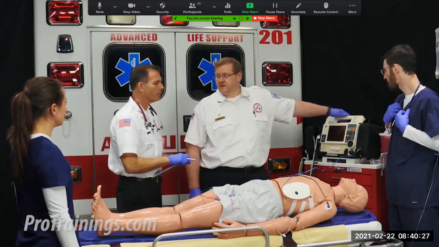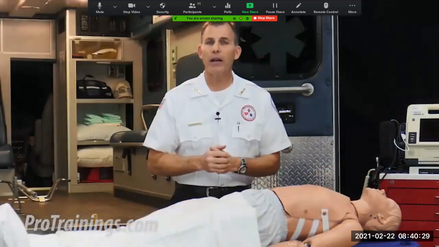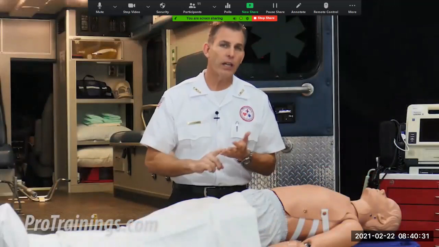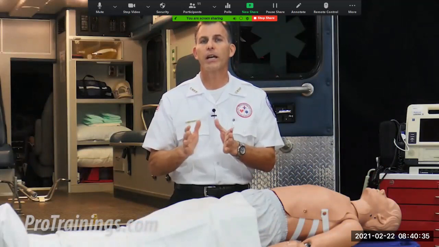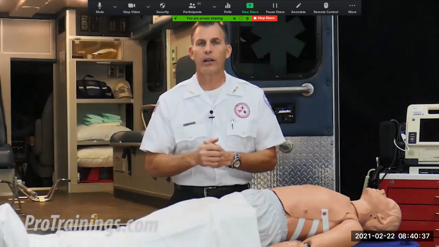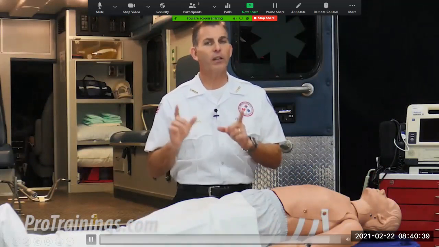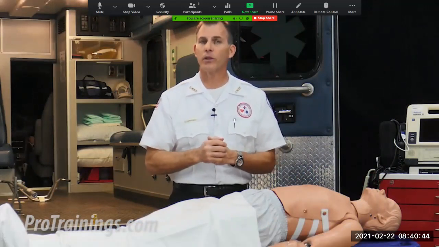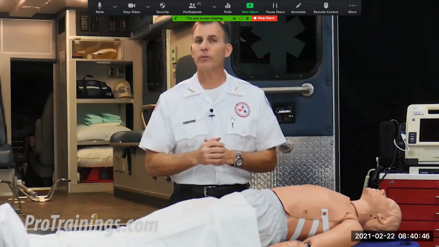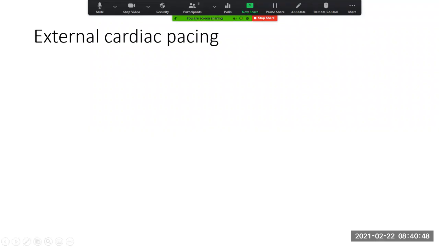Once the patient's perfusion has improved, we need to continue to monitor the patient. We need to work on improving perfusion by trying to determine the cause of the bradycardia and treating it accordingly. Now keep in mind, transcutaneous pacing can be uncomfortable, so pain management may be something to consider while deciding to move them to the next step.